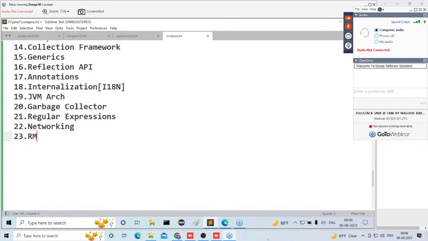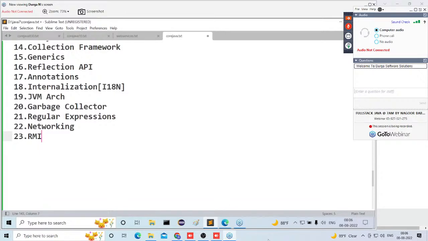Similarly, one more topic like this: RMI. RMI stands for Remote Method Invocation. Guys, all of you observe this point clearly. Everybody must understand this point here.